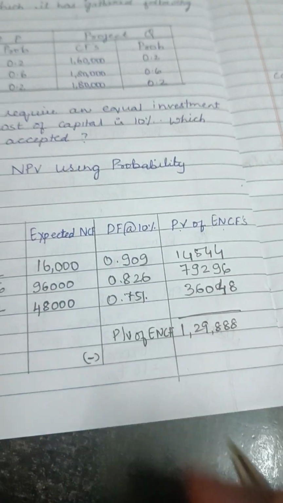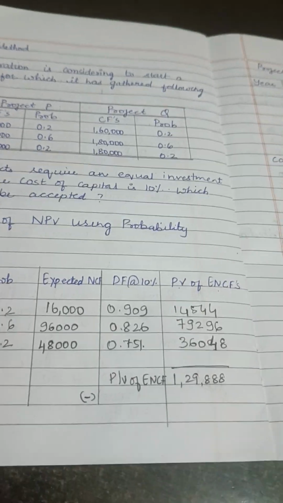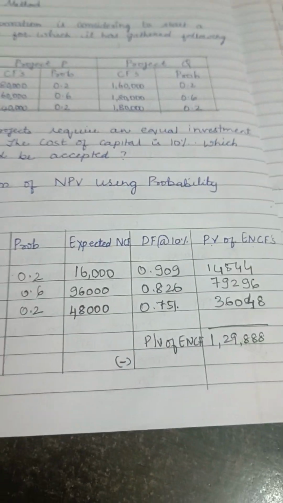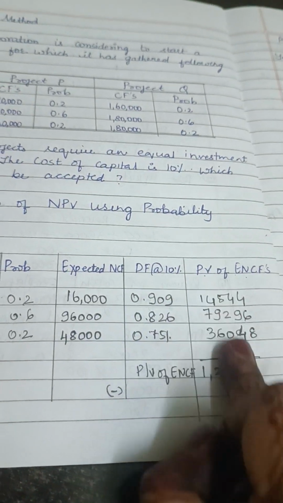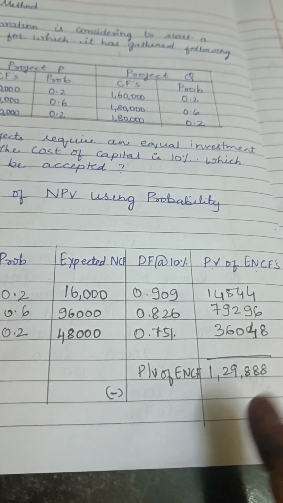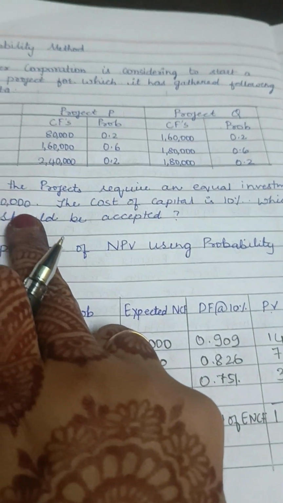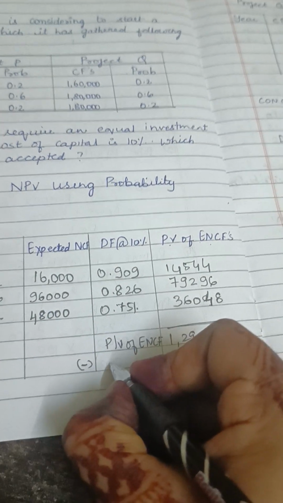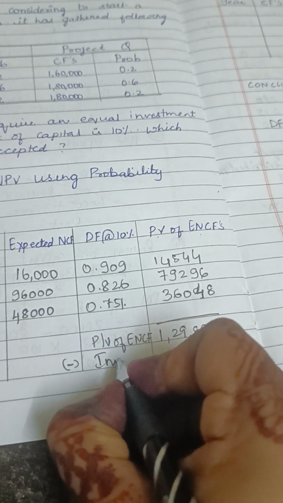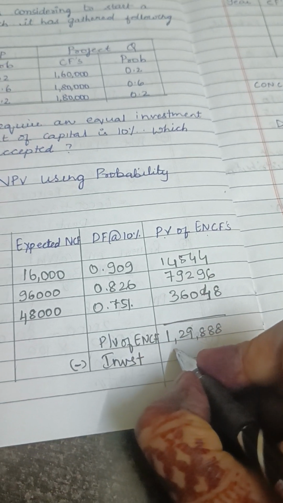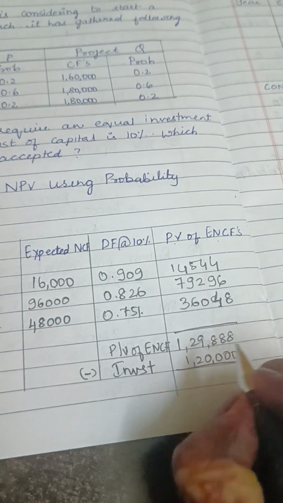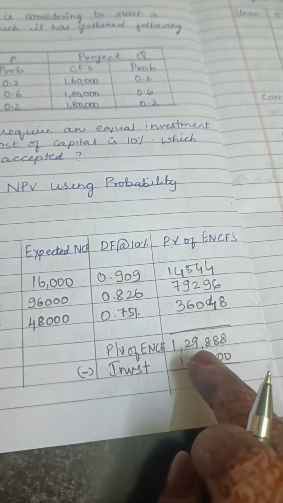Now you have to know how much is your net present value of inflow as well as outflow. Now outflow is nothing but your investment. How much is your investment? 1,20,000. So here let us write investment. So we are investing 1,20,000 and we have an inflow of